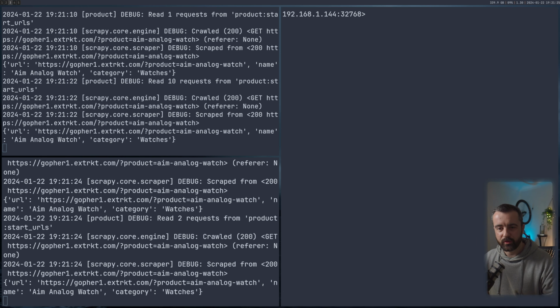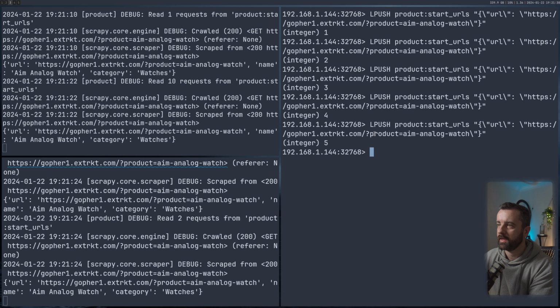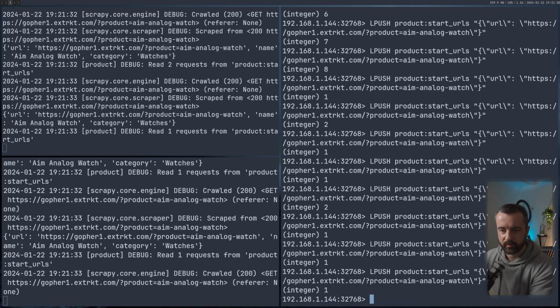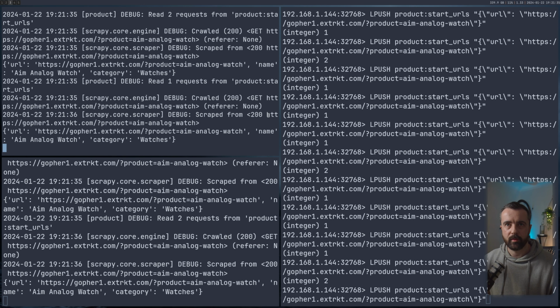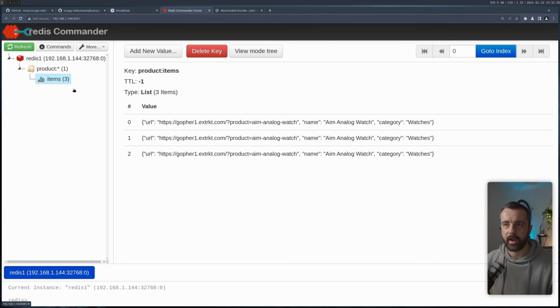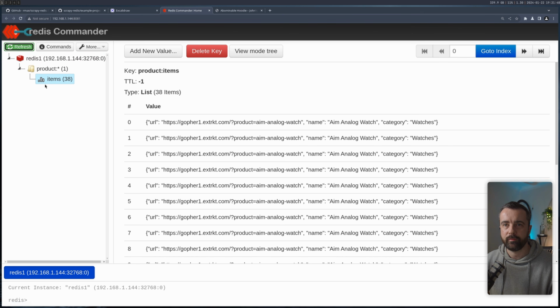So I've just added a load more URLs and you'll see both spiders have started to pick up some jobs. So let's do it again. And we should get both of them starting to flick through. And you can see how quickly they'll pick them up and then run through them. If I come back to our actual key value here and I refresh, we now have 38, albeit of the same thing because I gave it the same URL over and over,